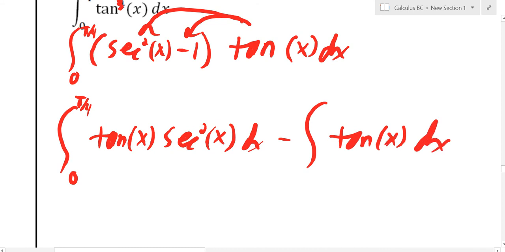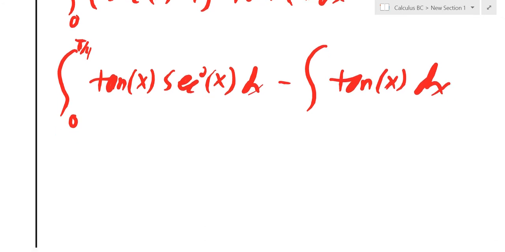But if you just have a tangent, you know the integral for tangent, so you can just do that. Cool? So if you just get down to tangent, you're going to integrate that. If you get down to tangent to a higher power, you've got to keep switching them over to secants. Okay? This first one's going to be a u du. U is tangent, du is secant squared. Okay with that? So that's going to become